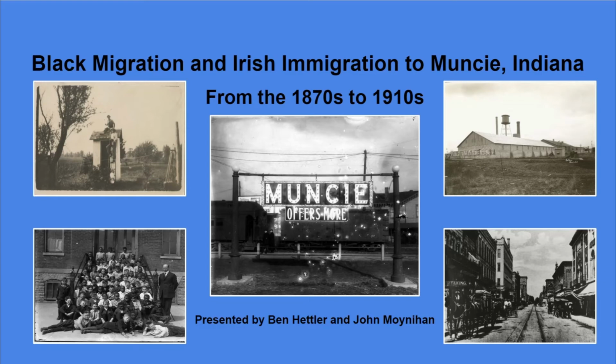Now we will refocus our attention to the Irish immigrants that came to Muncie, Indiana during the late 19th century. We will dive deeper into the reasons as to why the Irish came to America and then specifically Muncie, while applying a cultural, social, and religious lens to aid us in our analysis. Through their example, we hope to provide a narrative reflection of the European immigrant community as a whole.